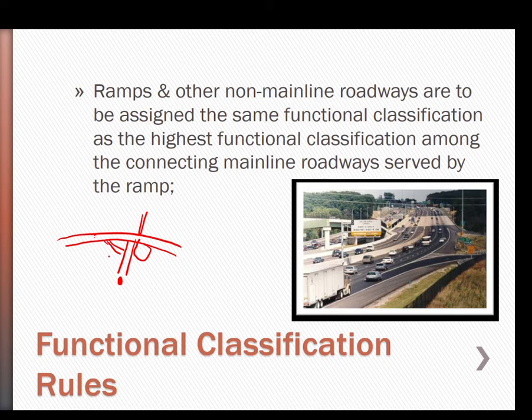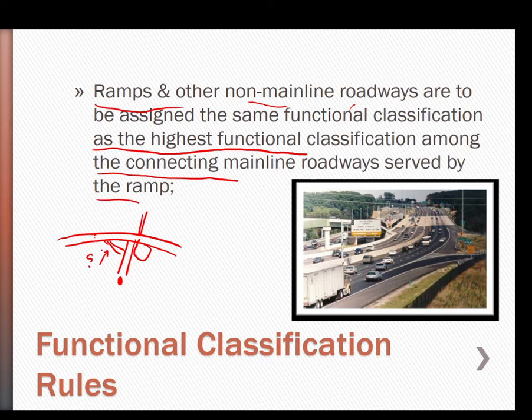And the question is, what is the classification of that connector? So the rule of thumb here that comes from AASHTO is that ramps and other non-mainline roadways, like ramps, loops, connectors, are to be assigned the same functional classification as the highest functional classification among the connecting mainline roadways served